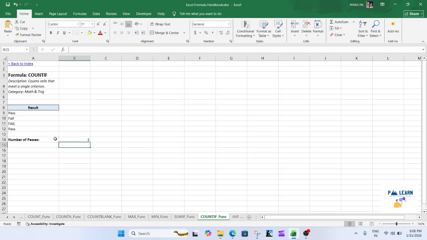So the formula is COUNTIF. Select the range, comma, and you need to give the criteria. I'm going to provide the criteria fail. See, two. If I remove one of